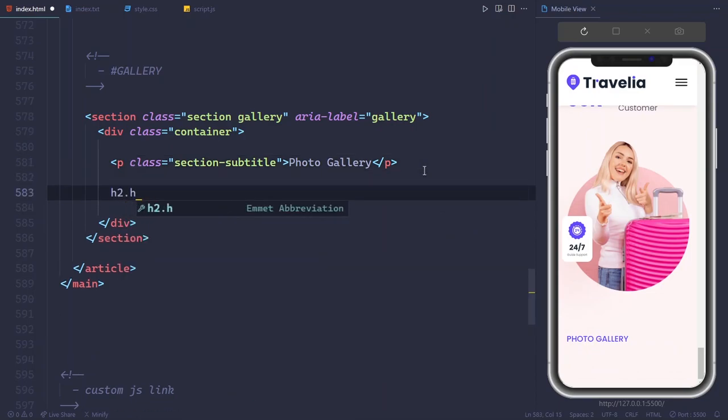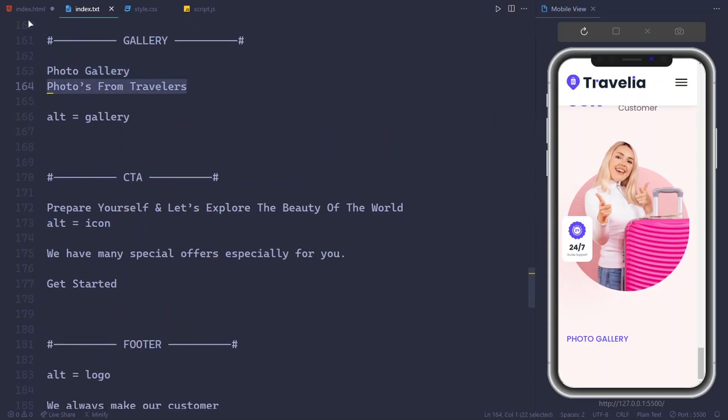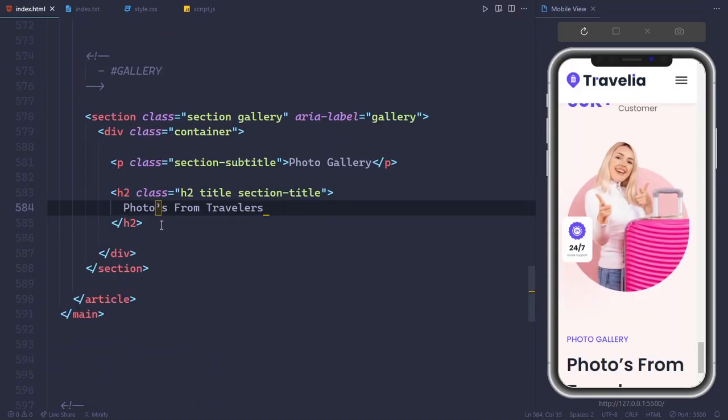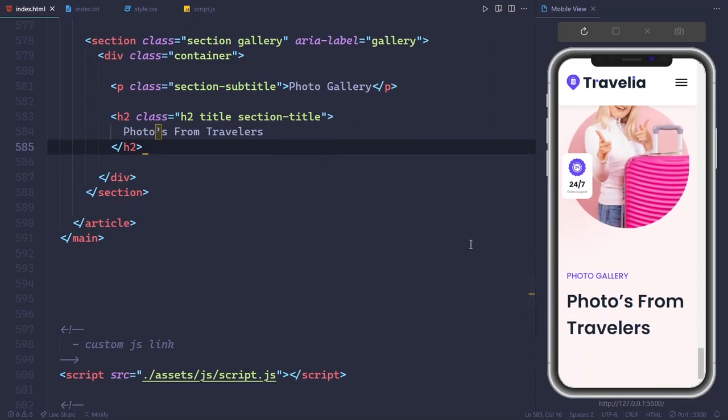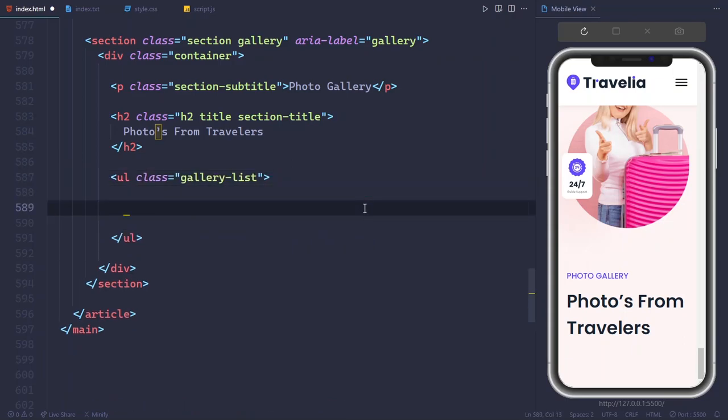And h2.title.section-title, here is our title, and then ul.gallery-list, and after that li.gallery-item,